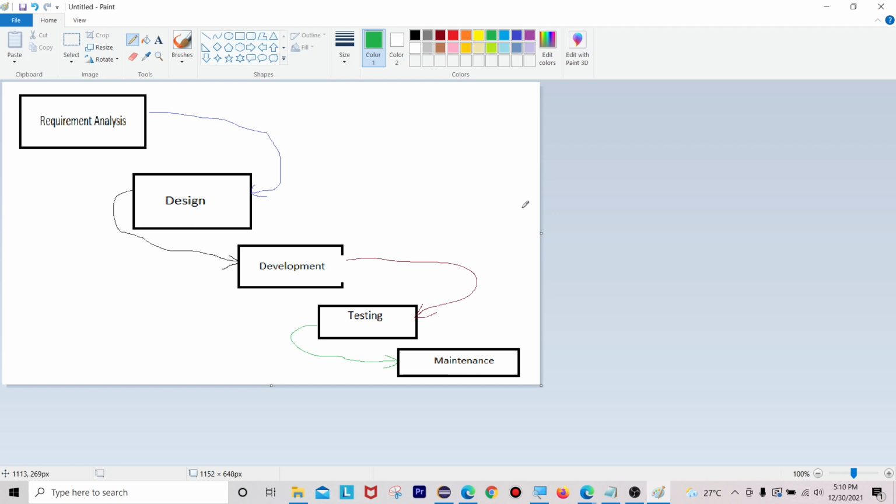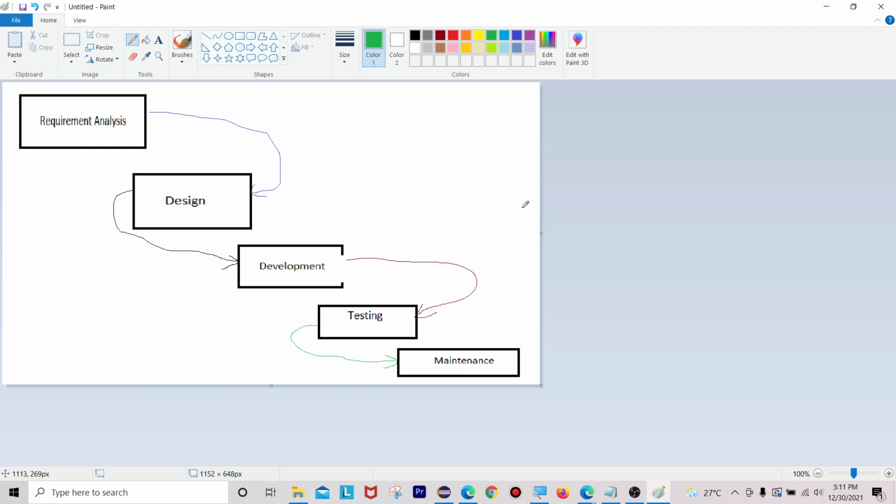In the SDLC model, we explain how various development activities are carried out throughout our project. Various development activities, like for bigger projects, how that activity is going on. For smaller projects, what approach they are following, with the help of which approaches they are doing this delivery and maintenance part. So in the software development life cycle model, we can have two models. The first one is the sequential model and the second one is the incremental model.